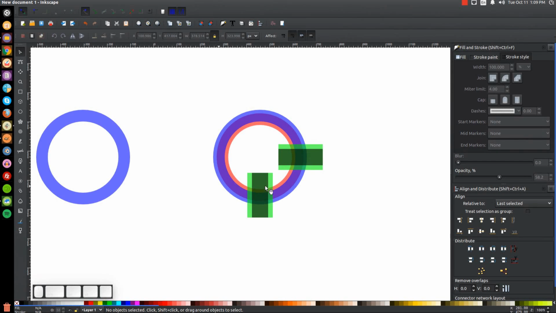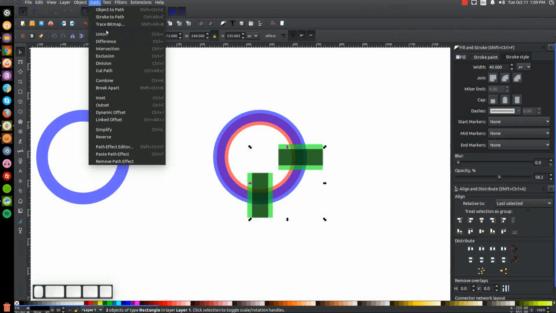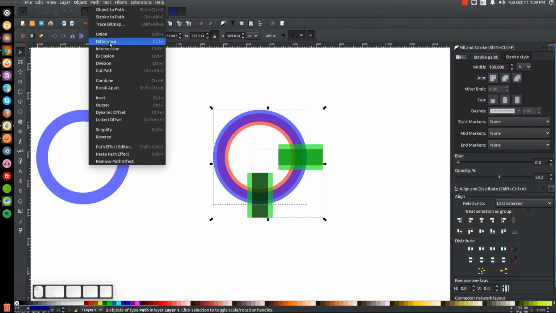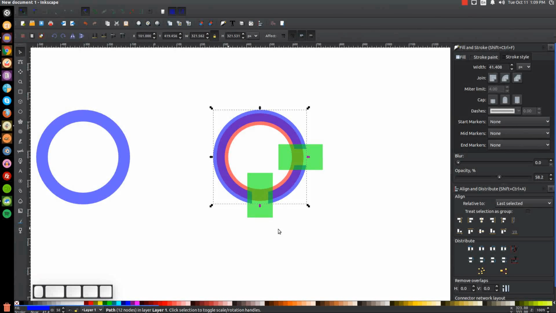So let's click on this black rectangle and then hold Shift and click on that black rectangle. And let's unify them together by going to Path, Union. And then I'm going to hold Shift on the keyboard and click on the blue ring and go to Path, Difference. And then I'm going to click on this green rectangle,